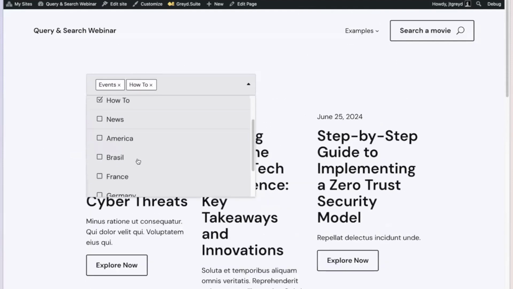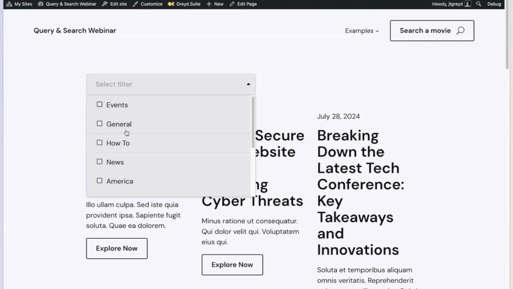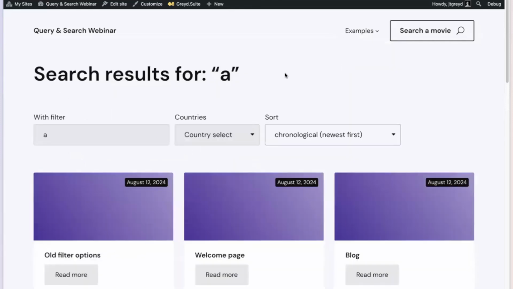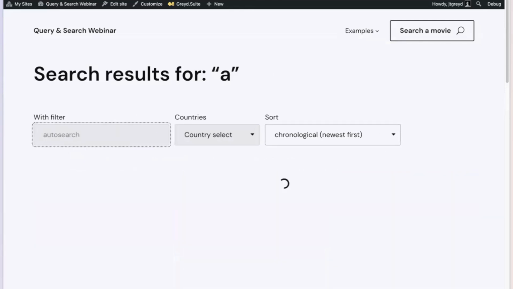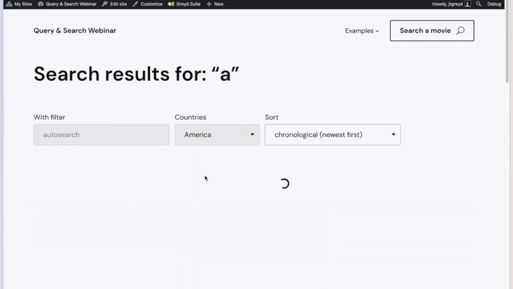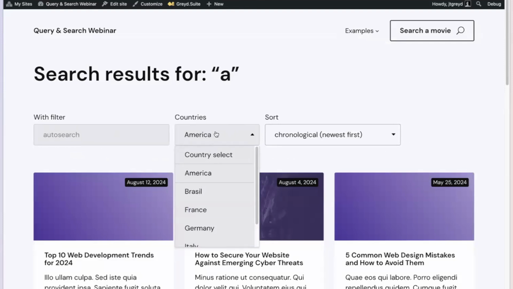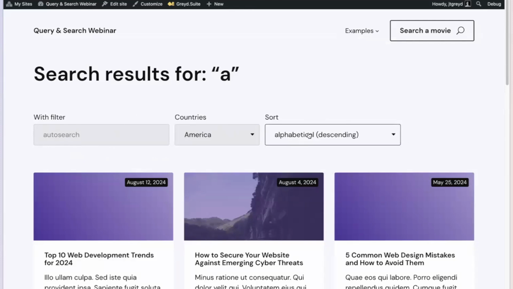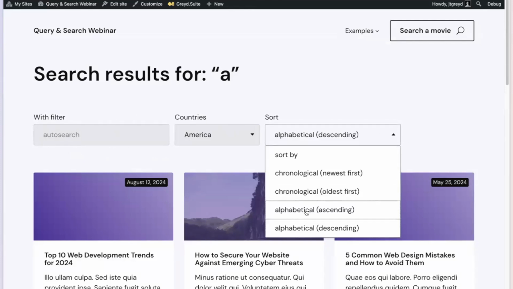But this included all the taxonomies inside the post setup. So this is not necessarily something that is very flexible and not necessarily something you wanted. On the other hand, you could always go into the search results page. And if you enable a live search feature, your users can actually filter a lot more. So you can type something in here and the search results will automatically be filtered, or they can select, pretty similar to what you've seen before, or select alphabetic sort, the posts by different sorting capabilities.